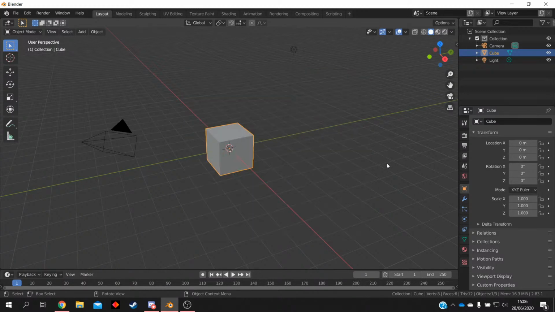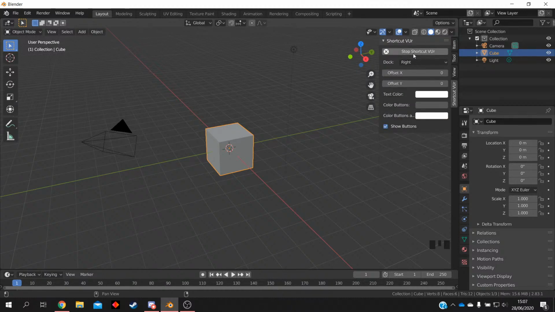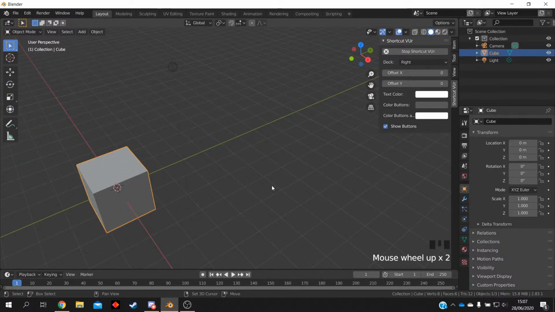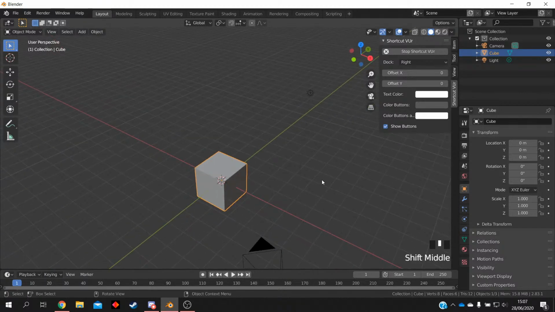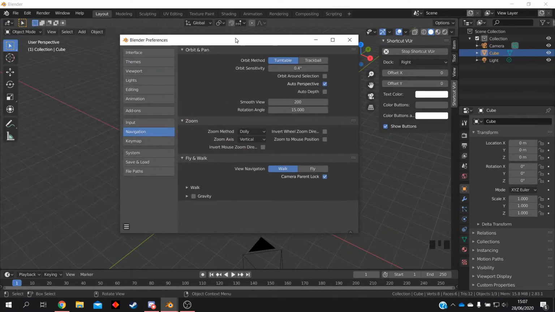So, this is the main viewport. I have a plugin, an add-on that shows what keys I'm pressing, so you can just kind of see it in the bottom right. So first thing we're going to do, we're going to go to our preferences and just check the settings there, that we're all running the same thing. So you can go to the top left, edit, preferences, it's the last thing, and then under